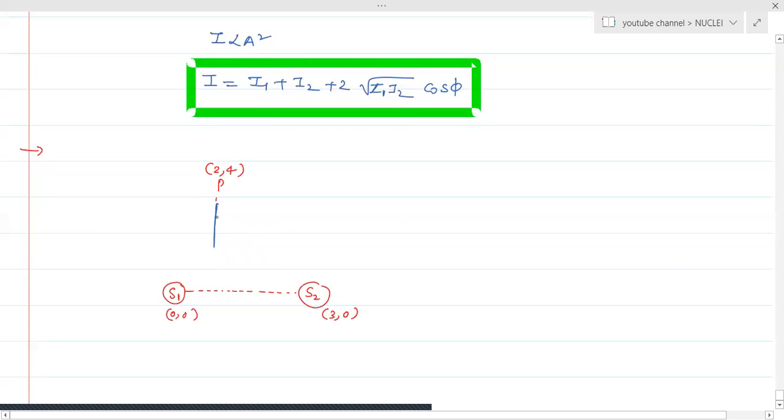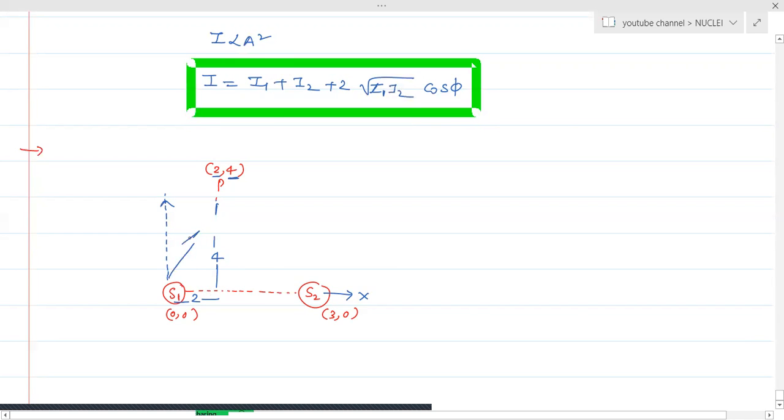So you're measuring, suppose this is the y-axis and this is the x-axis. Y component means distance from the x-axis, so this distance will be 4. And x component means distance from the y-axis, so automatically this distance will be 2. This distance will be 2. So in that case,